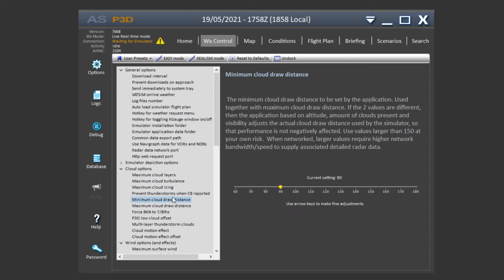Minimum cloud draw distance I've set to 90. I think default is either 100 or 110. I've just knocked it down a few notches to, again, save performance. Maximum cloud draw distance I've left at 110. I could probably turn it up to 120, but I say 110 is, I guess, better for